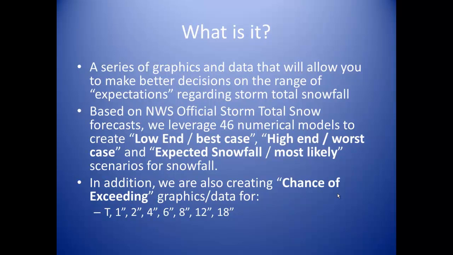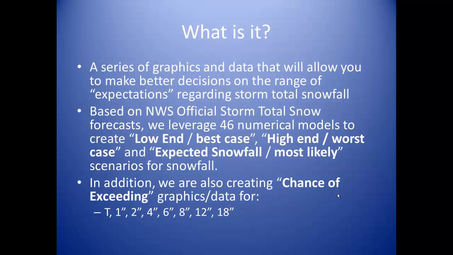So just a reminder, what is probabilistic snowfall? We produce a series of graphics and data that really allows key decision makers a better idea of the range of expectations when it comes to snowfall and snowstorms. The probabilities are based on the National Weather Service official storm total snow forecast. We leverage around 46 numerical models, which we'll show briefly, and this allows us to create a low end, or at least a best case scenario, a high-end worst-case forecast,